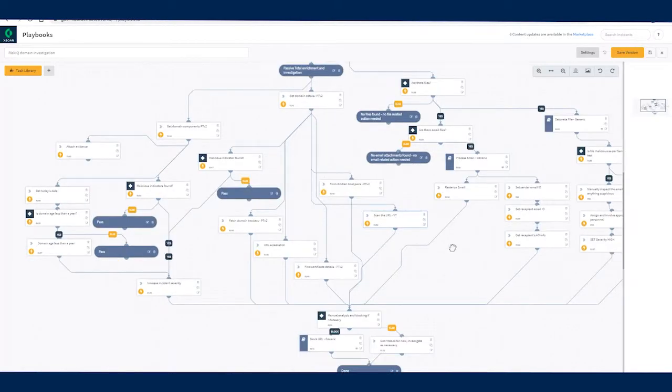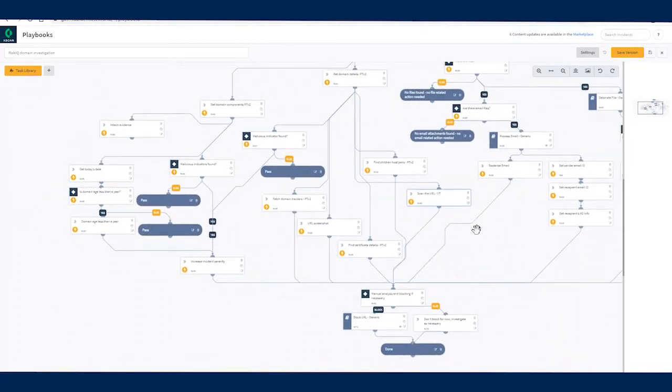So once all of that detail is available, analysts can look at this information and decide whether these domains should be blocked or not. If it is to be blocked, then we can utilize this generic block URL sub playbook. My quota for this RiskIQ integration has exceeded, so there are a few of the things which are not visible right now, but there is one old playbook that I ran yesterday. I can show the results from there.